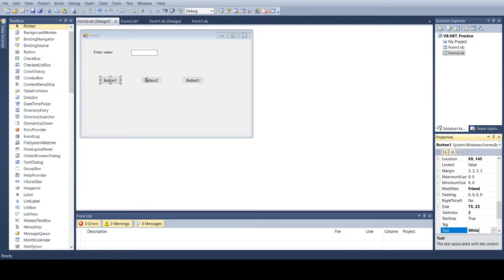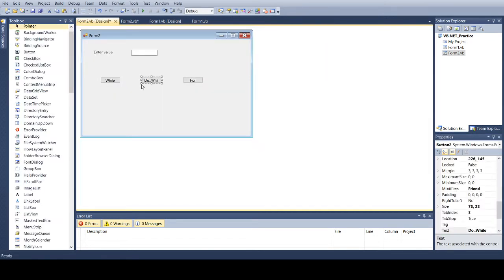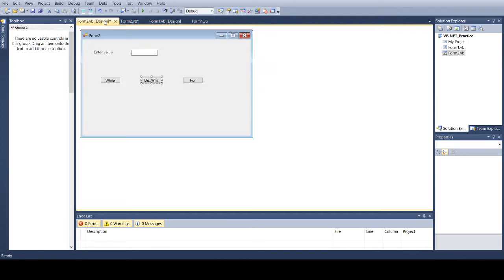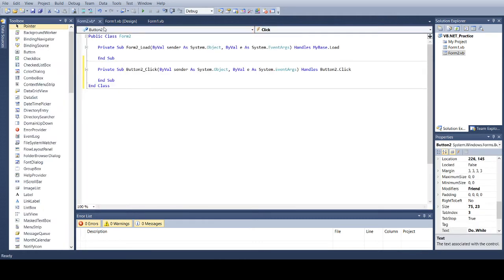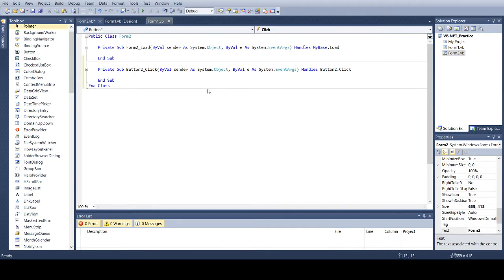Then we will change the text property of button 2 to do while, and we will change the text property of button 3 to for. Okay, now we will write the code